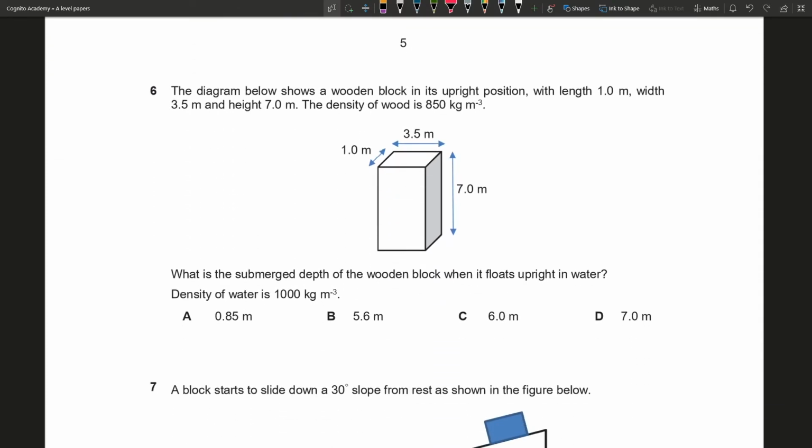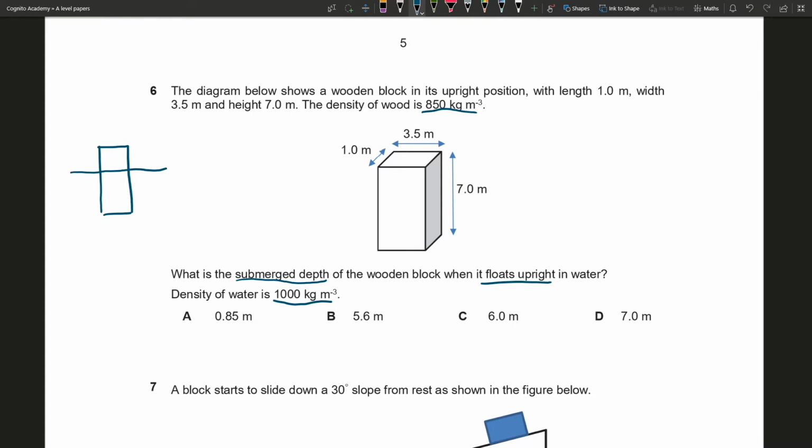Question 6. The diagram below shows a wooden block in its upright position with these dimensions, and we are given the density of the wood. So using this, we can actually find the mass of the wood, and we are asked what is the submerged depth of the wooden block when it floats upright in water, and we're given the density of the water to help us here. So we have water over here, and we have the block submerged upright,